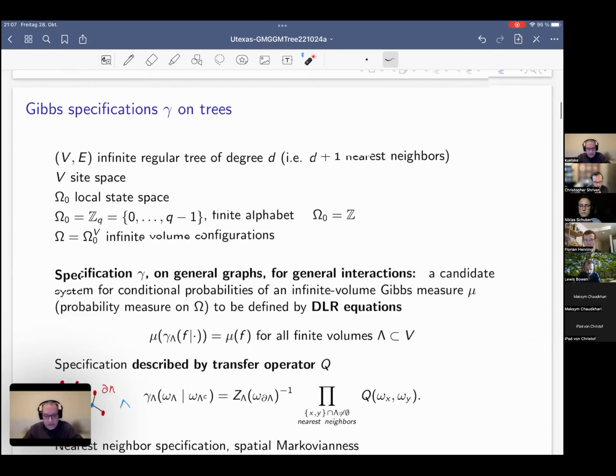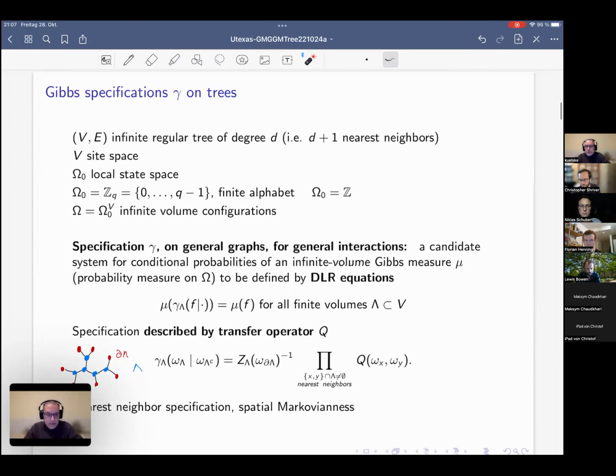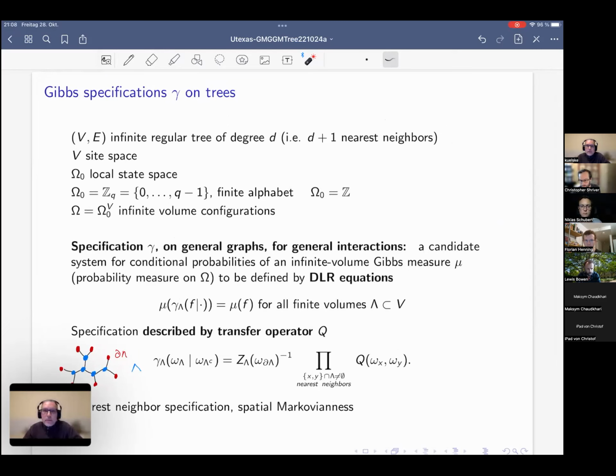Okay, so let us start. What is a Gibbs specification on a tree? We would like to describe statistical mechanics models as measures on infinite volume configurations. The infinite volume V is now the vertex set of a regular tree. We have 2 main interesting cases of state spaces: one is the integers and the other one is Z_Q. In principle, we could also be more general and take more general local state spaces, but for the purpose of the talk, I will take these 2 additive